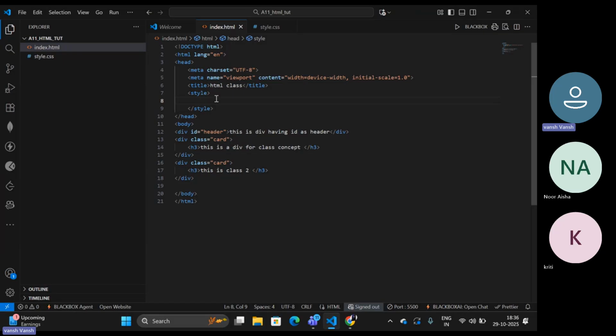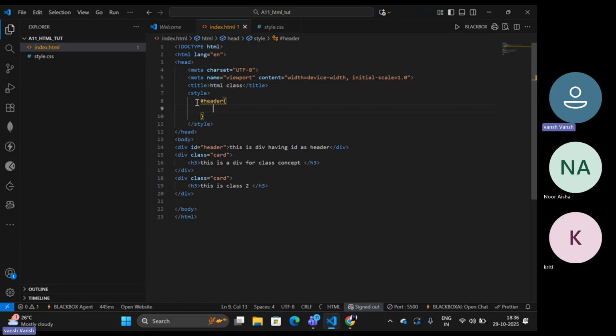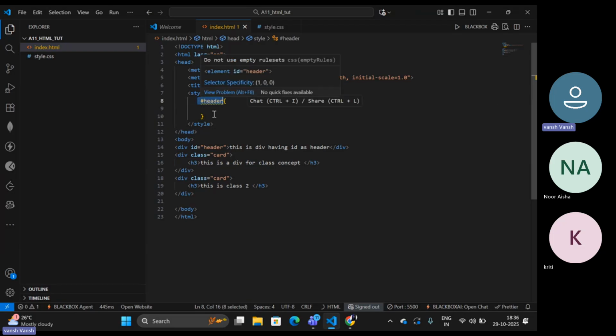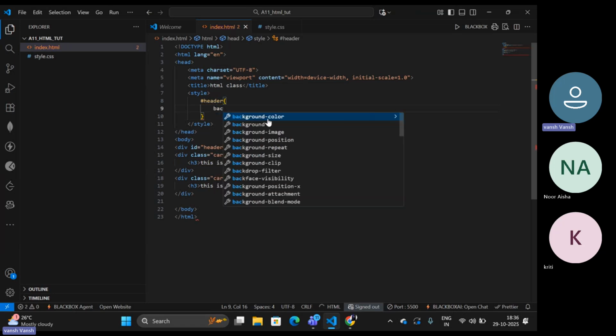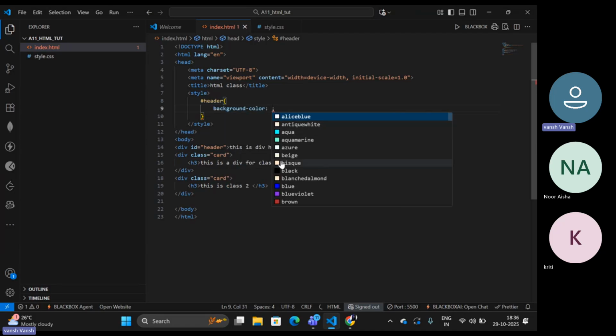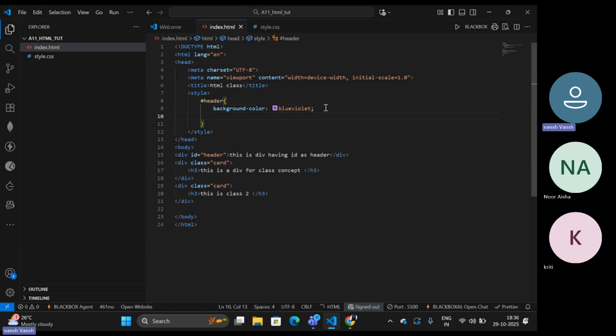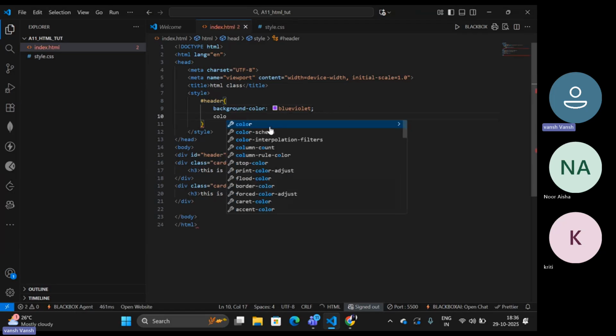For that, we will use a hash symbol. The hash symbol is used for the element where you are using the ID concept. So hash symbol and then the name of your ID, which is header. In this way you are targeting a particular tag where the ID is header, and now you will write the code inside it. Suppose you want to change the background color to blue violet, you can do that. After that, if you want to change the color of the text, you can also do that. Suppose you want the color to be